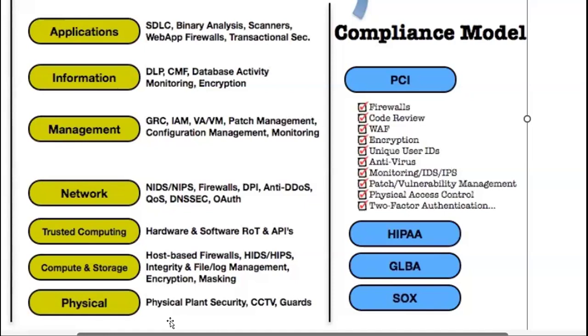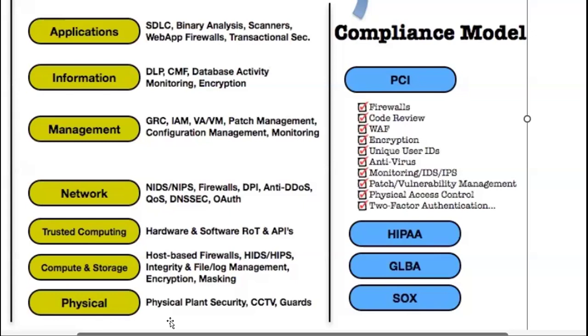And then there is hardware, ROT or APIs. The way you are accessing any data from any interface, that interface also must be trusted and secure. There are different ways of securing the APIs and access methods. We'll see that when we start with the cloud authentication part, where we talk about authentication factors.